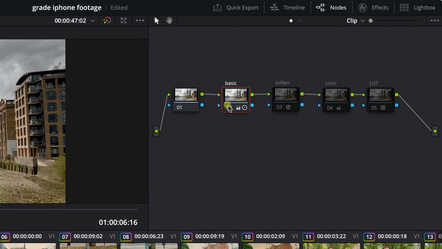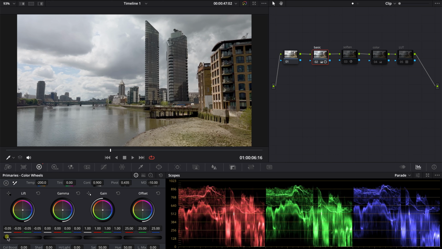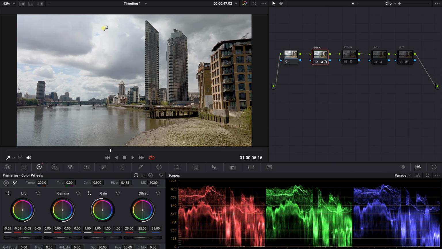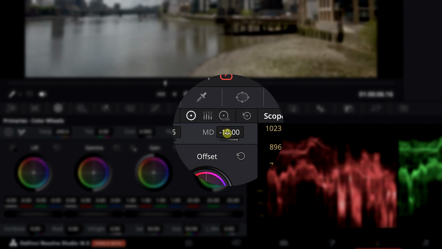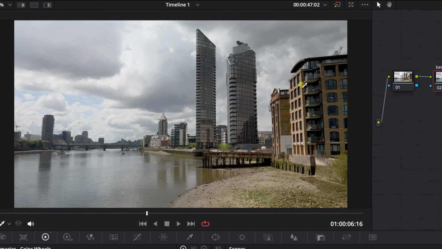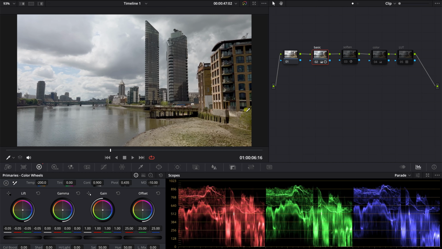So first thing that I always do is a basic pass. So I've gone from this to this, and all I did was crush the blacks a little bit, as you can clearly see, reduce the overall brightness so that I can see a bit more information there, and I've given it a -10 here on the mids because the iPhone footage and pretty much any smartphone footage is well over sharpened. So to me, it's a little bit off-putting.